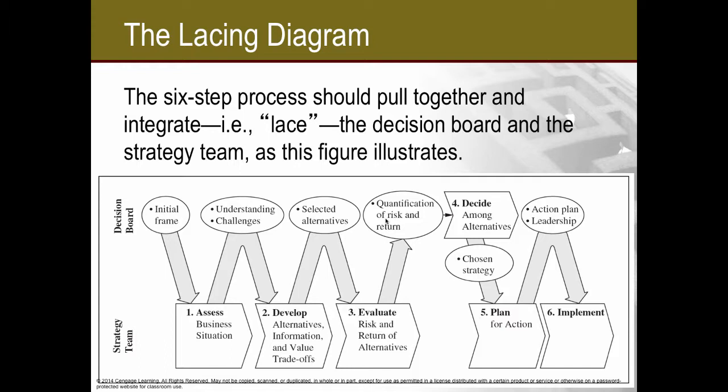Now we have the strategy, let's do the planning for us. What kind of planning for action do we have? And eventually, once the action plan is provided and the leadership is also there, there's a time for implementation. So that's what the different steps are for the strategy team. But each of which they have